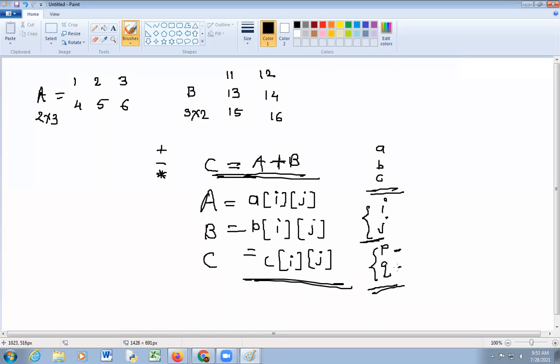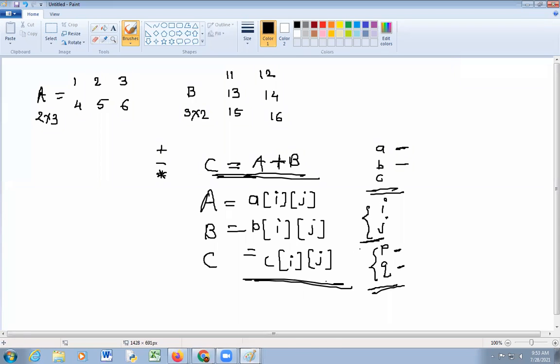That's why these two variables are required. And these three arrays: array A for matrix A, array B for matrix B, and array C to store the result, that is A plus B or A minus B, whatever. Did you get it? समजलं इथपर्यंत?